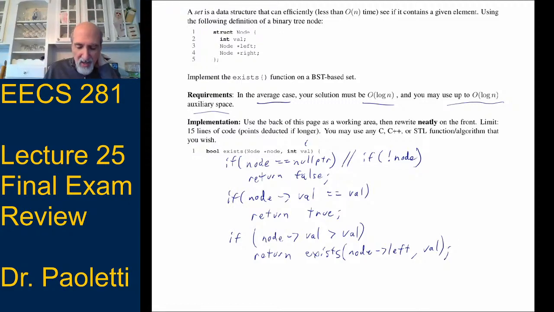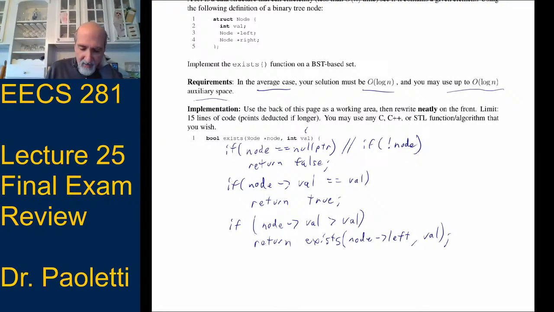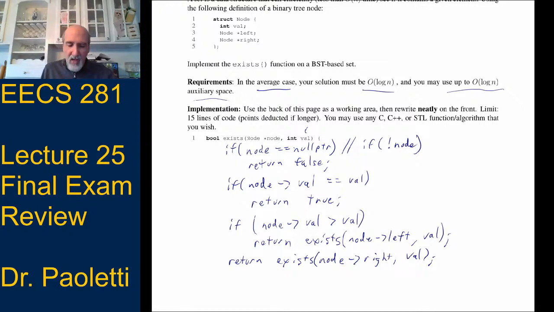And then we could do an else here, or we could just write the return statement. It doesn't really matter. Let's save a line of code and just say return recursive call of exists of node arrow right, comma val. So we'll make the recursive call and we'll give back whatever we found from the recursive call.